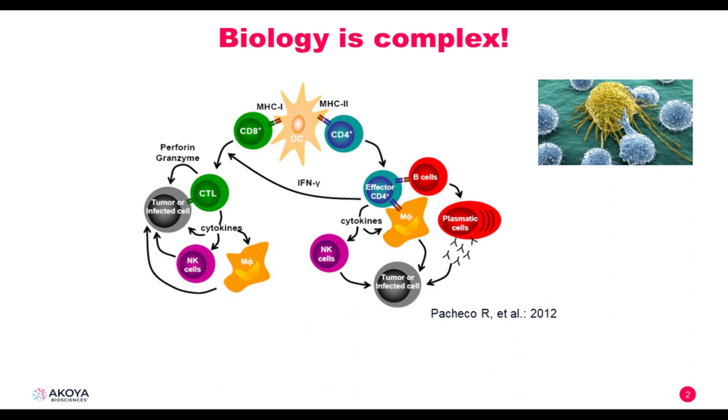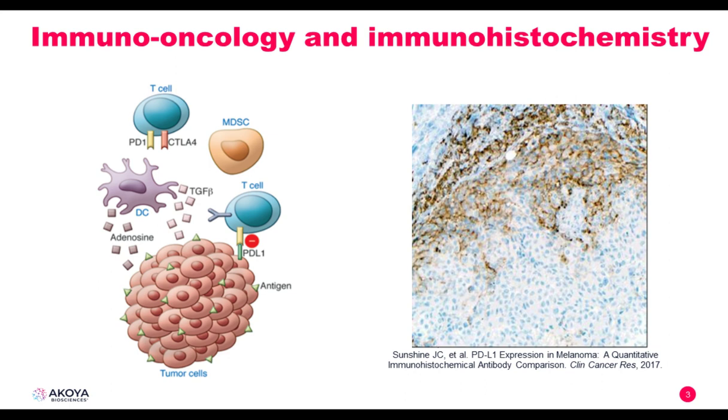Now, we all know that the tumor microenvironment is very complex, and we try to understand the biology, but traditionally, we've been probing this complex system with one or two-dimensional techniques, mainly chromogenic IHC with DAB. Obviously, immunohistochemistry has been and is a vital tool in immuno-oncology and holds an important place in any anatomical pathology